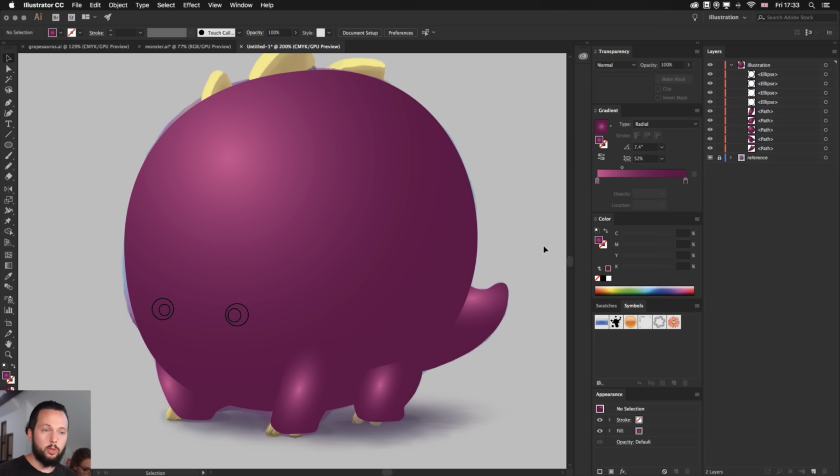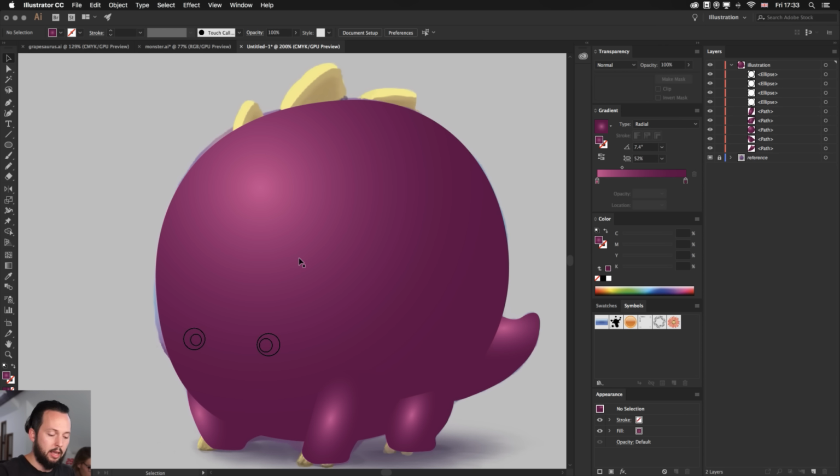All right, so let's quickly do the other shapes as well. And I am going to show you a little bit of theory soon, in terms of how you can create cool characters, because I don't want to just talk about the technical bit.